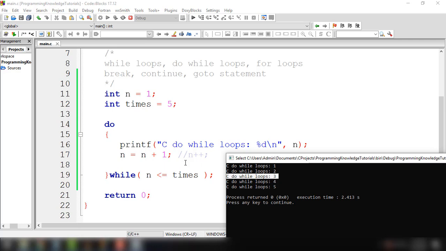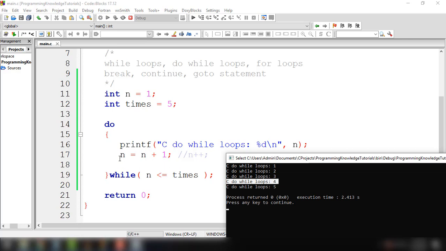And then of course it will increment again the value n, and the n becomes 4 now, and then evaluated once again: is 4 less than or equal to 5? So basically 4 is less than 5. So it will execute the statement printf again, display the value 4, and then